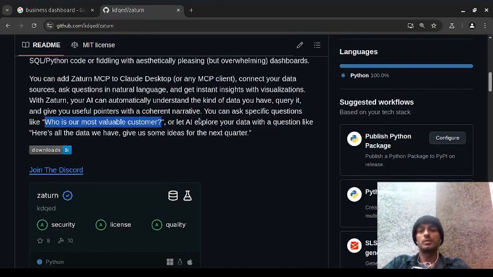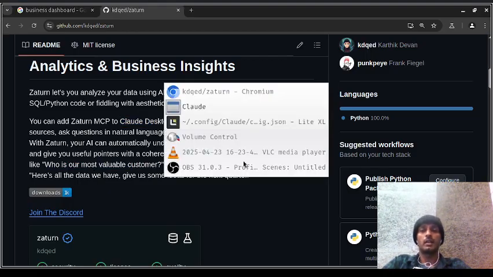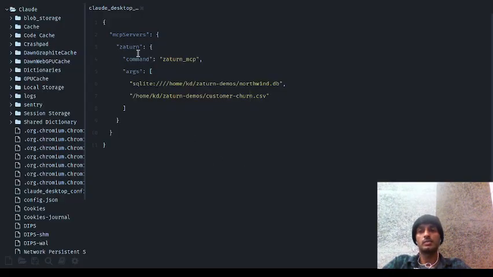How does it work? So Zaturn is an MCP. MCP is Model Context Protocol. It's like a plugin to your AI apps. You can link it up with Claude Desktop or Cursor or any other MCP client, like I've done here using the MCP config. So you say MCP servers and you add Zaturn with